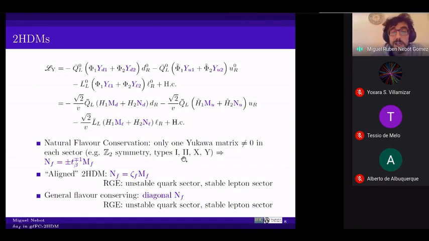And the bottom line there is that, by removing one of the Yukawa matrices in each sector through this symmetry, of course, you end up distributing the remaining one among those two matrices, which is telling you that at the end of the day, those new couplings are proportional to the masses. And of course, as we were anticipating, this is the kind of situation in which you will not be able to address these anomalies.